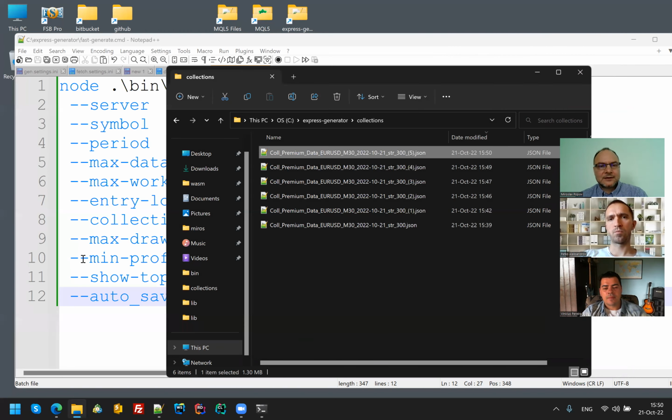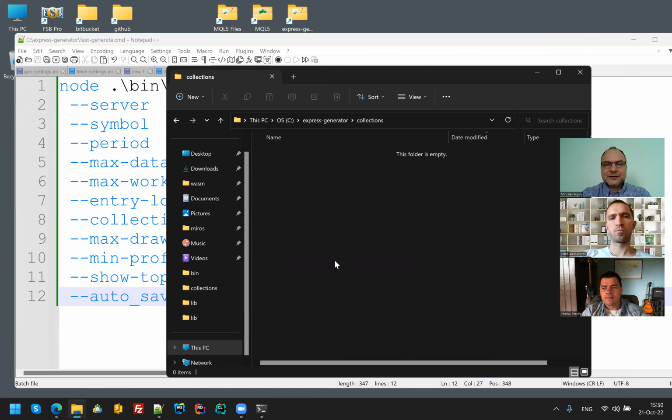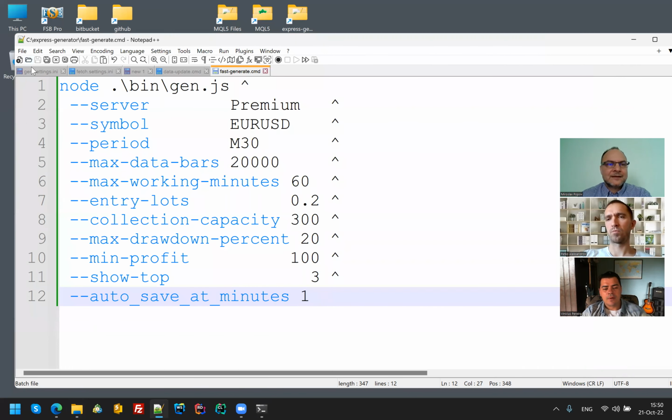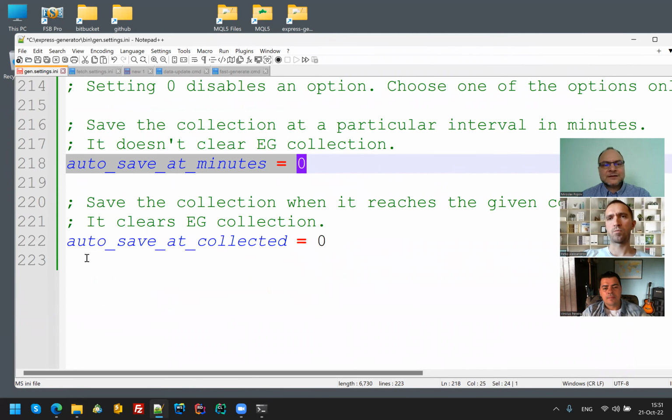Okay, when I close it, it also saves the correction and stops. Let's delete this. We generate new corrections. The other autosave option is autosave at corrected. So if you have very strict acceptance criteria, which